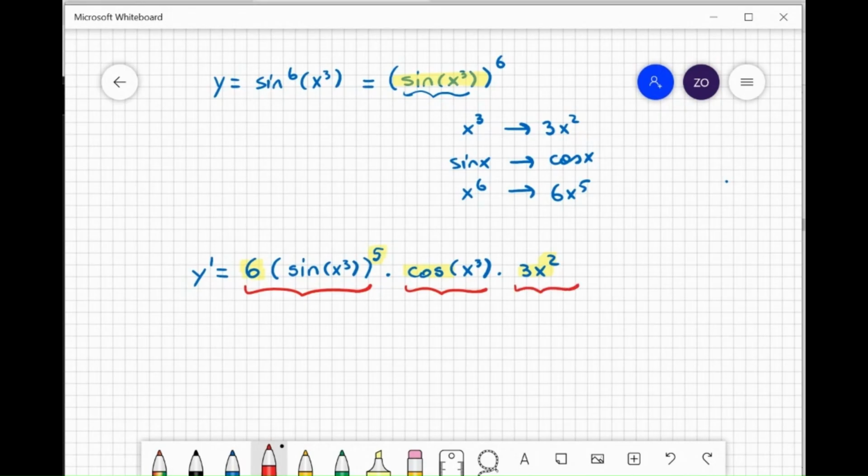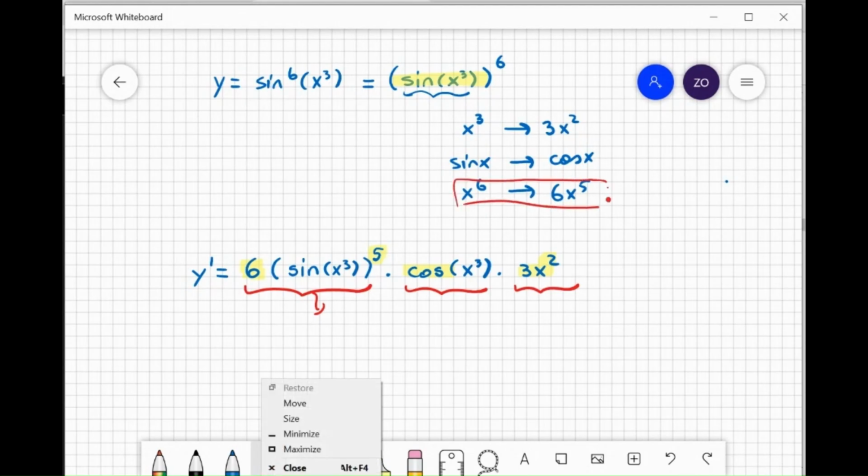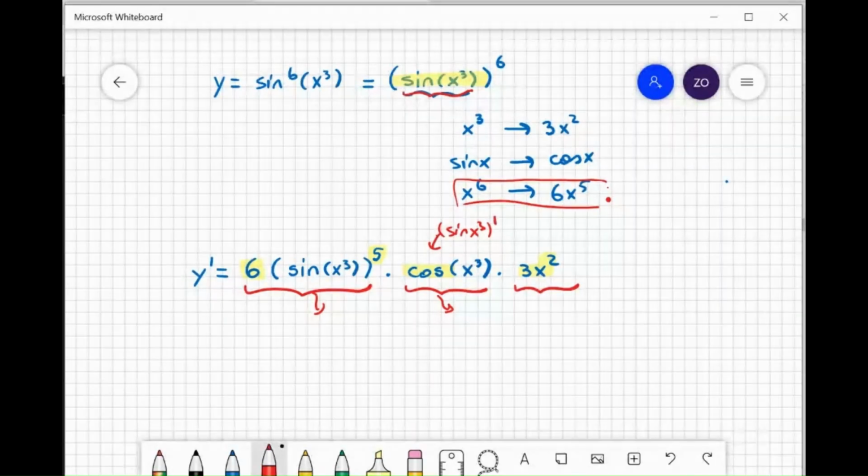So there are three pieces here. This is the derivative of the outmost function, evaluated at whatever is given in the original question. Okay, sine of x cubed. Then take the derivative of sine of x cubed. So this is the derivative of sine of x cubed, right? Which brings in the derivative of x cubed, 3x squared. So the 3,